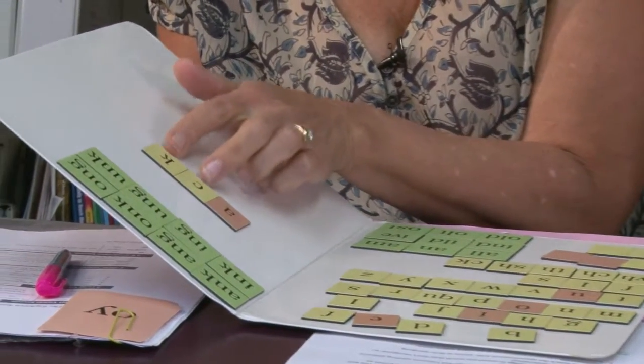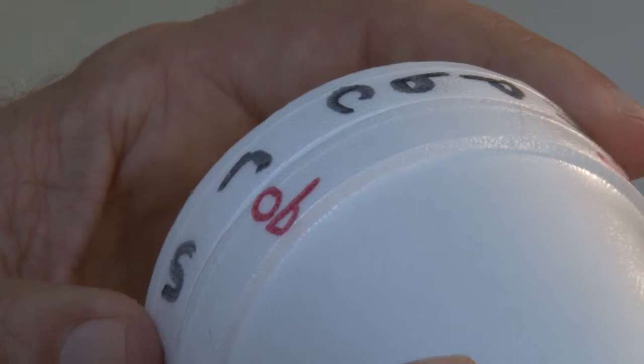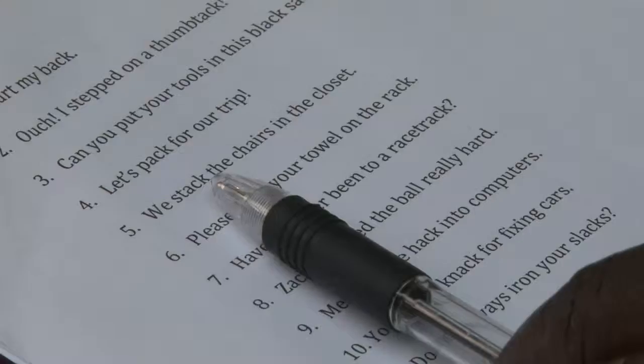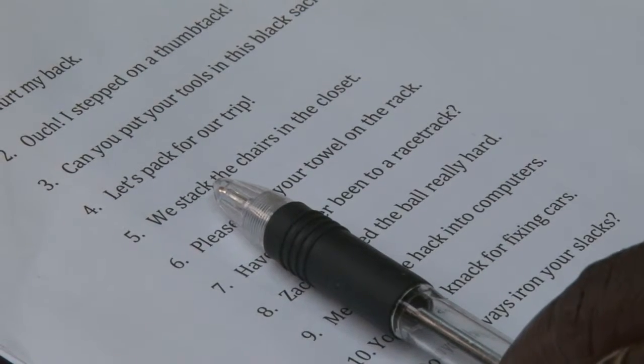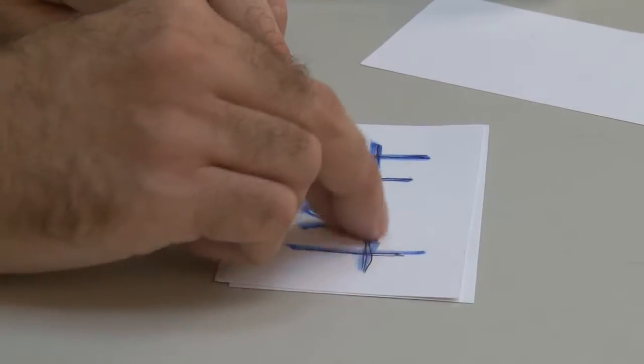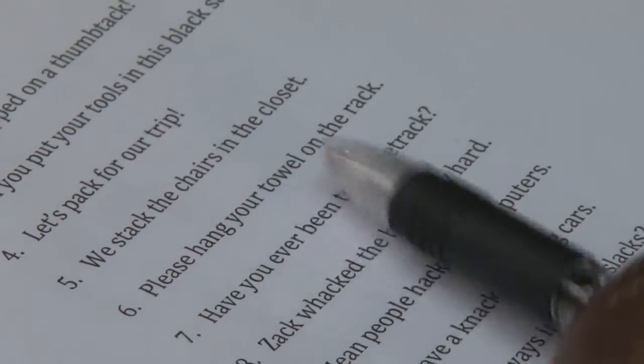Decoding is a word identification skill that allows readers to use the relationship between letters and sounds to recognize words in print. Readers use decoding skills to identify words when they read and to spell words when they write. Readers must be able to decode or identify words independently and rapidly in order to read fluently enough to